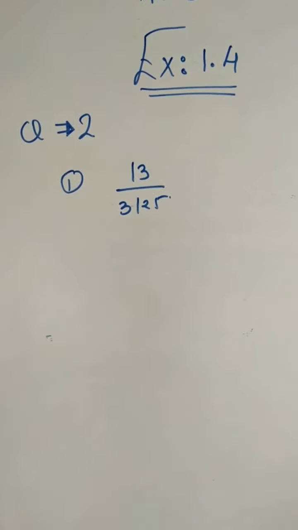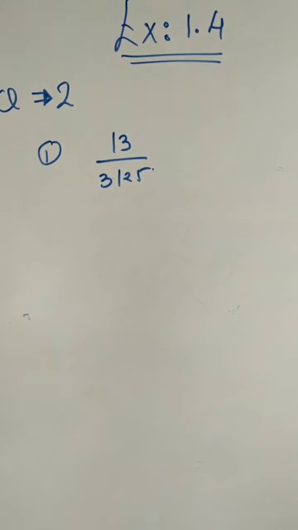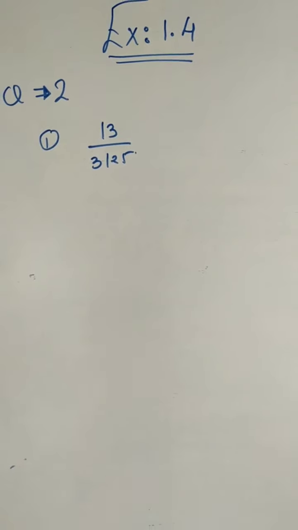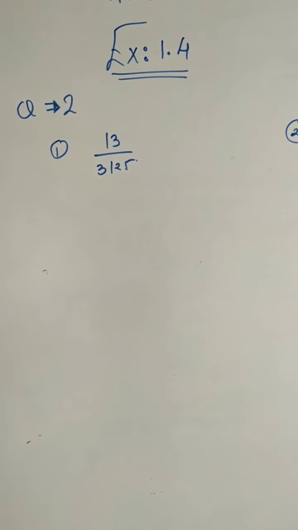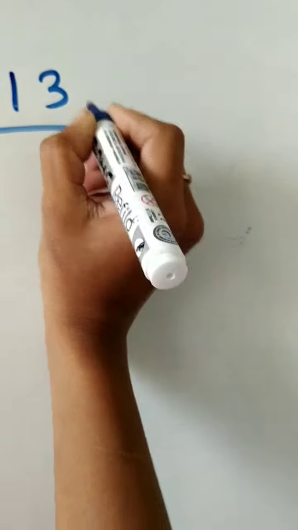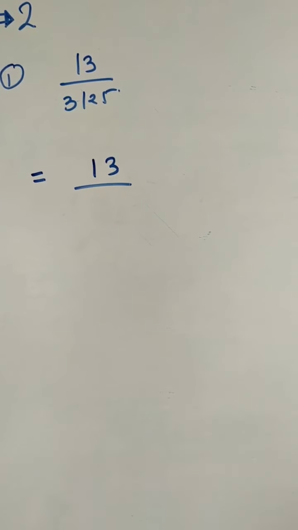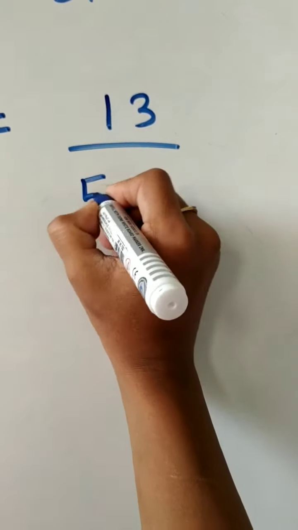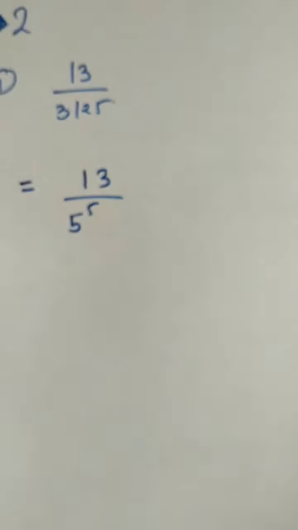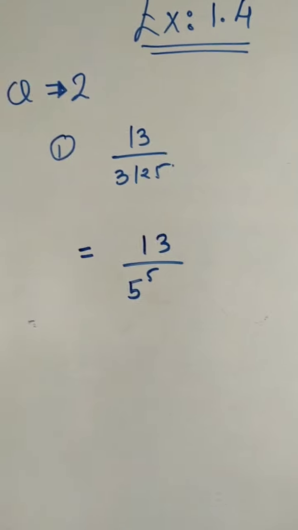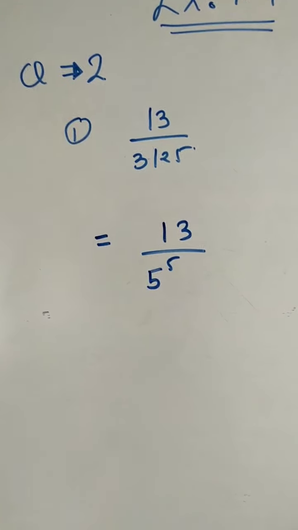If you chose some numbers as terminating, do the further process and write them in decimal form. So here will be our first question. We will continue it. First we will factorize it. You can write those factors from the first question, and from it we can write that it is 5 raised to 5. From question number 1 we have written this. Now the process which is a little bit new begins.